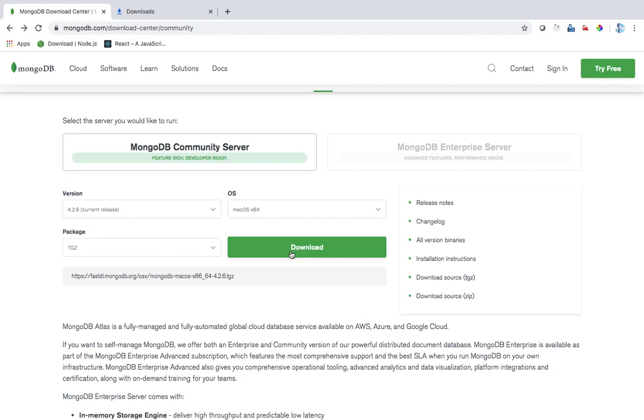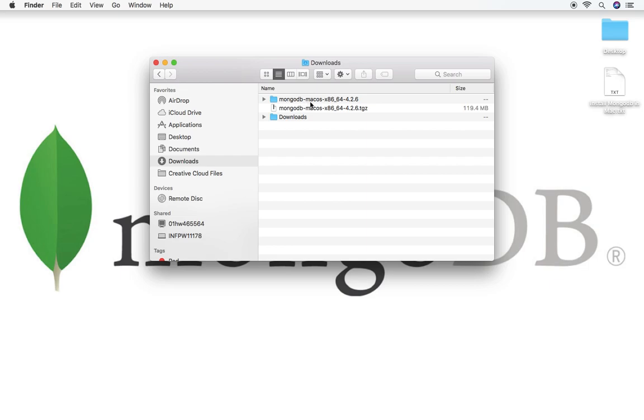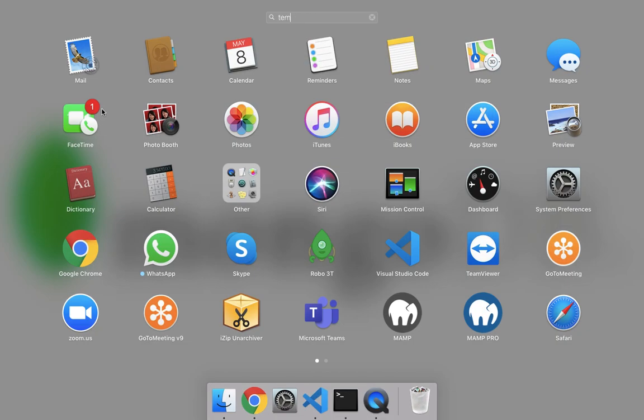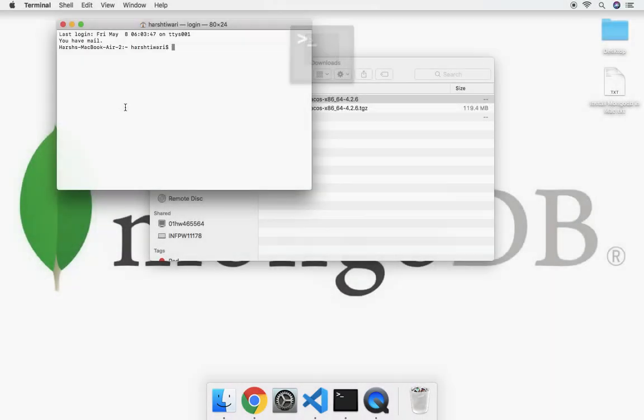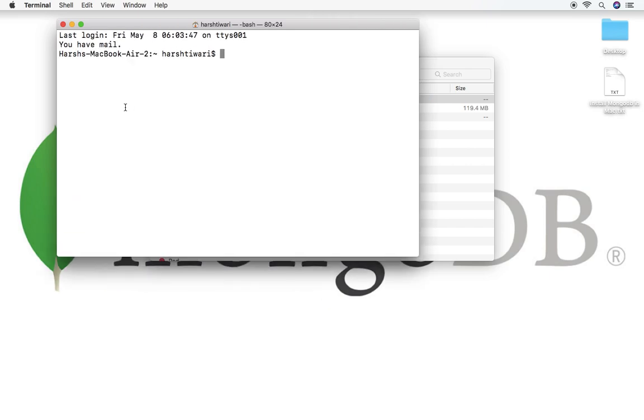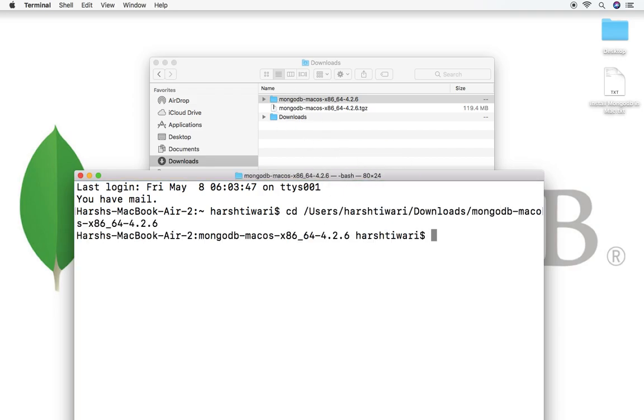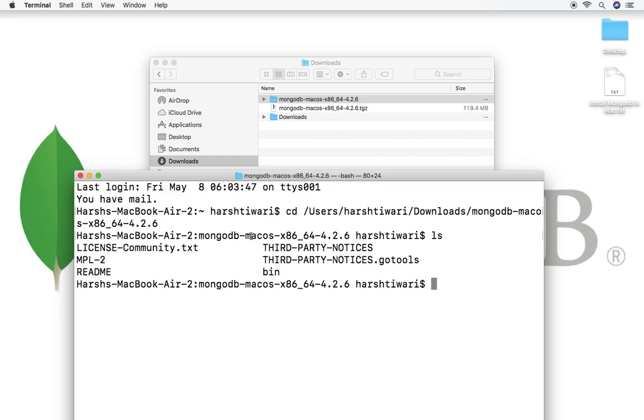So once you click on the download, this file is getting downloaded and let me show you. I have downloaded it here. So this is my zip tgz file which I have downloaded and this is the folder which I have extracted. So now the next step, once it is downloaded, is we can go in the terminal. Let me increase the size. In the terminal, I just need to go inside this folder. So I'm typing cd and then this, I'm going inside it. And you can see we have these files and folders.